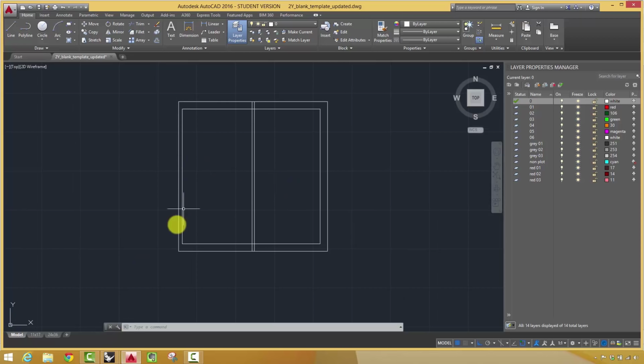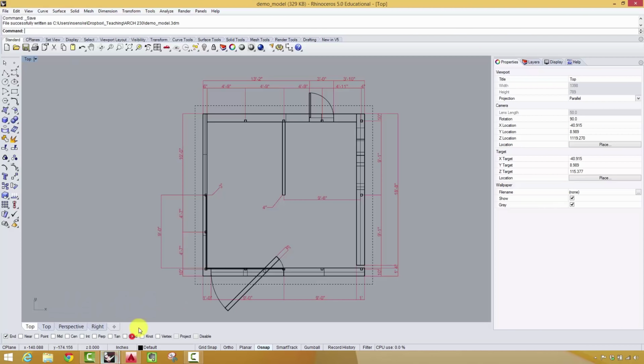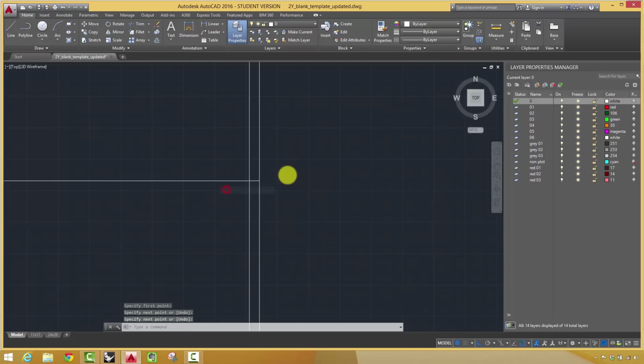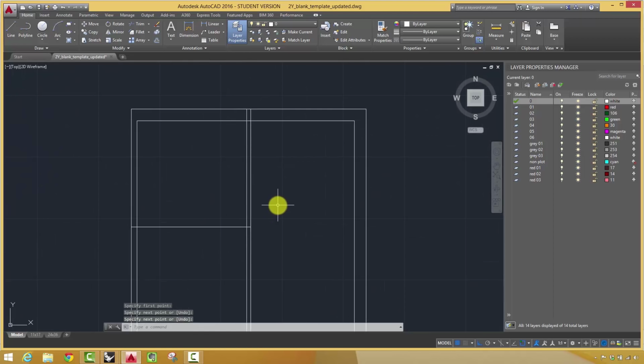The other piece that I want to do is I need to figure out how far out from the wall it is. And it looks like it's 10 feet off from, so it's actually halfway across the space that way too. So I can draw a guideline here, and actually I'm not going to go all the way across. I'm going to go ahead and do that, and then if I do my fillet,